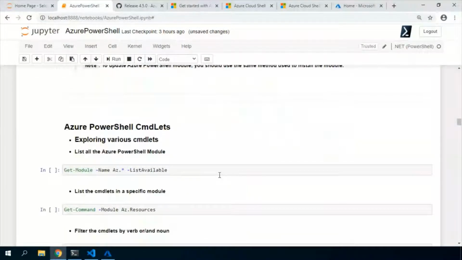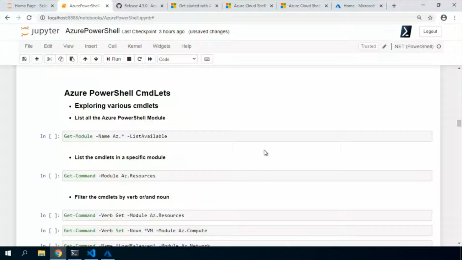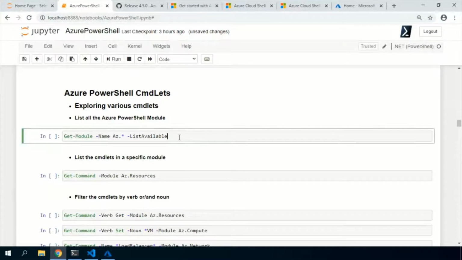All right. Now after the installation, we will see what modules we have and what commandlets are inside the modules. We will be listing and exploring the commandlets, how to use them, and what is inside the output. To see all the available Azure modules, we can use Get-Module and give the module name.